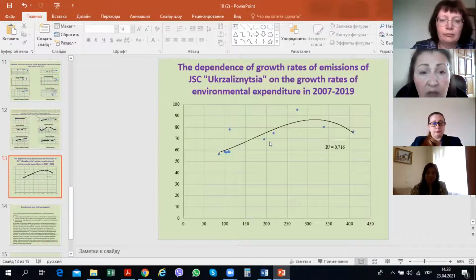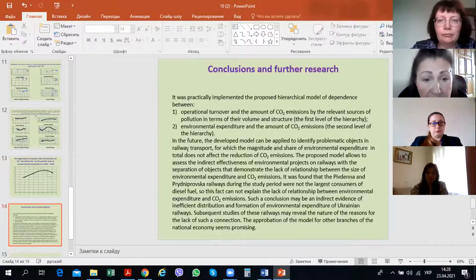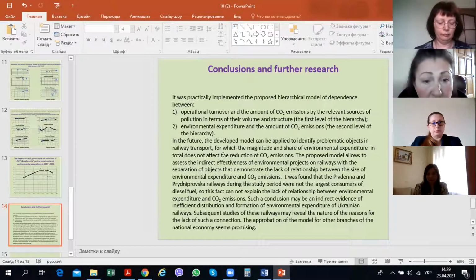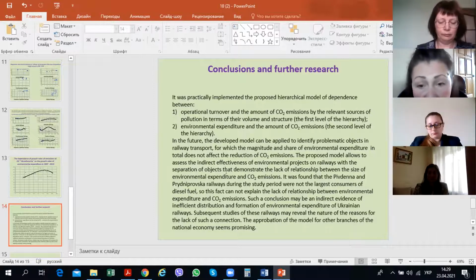According to our calculations, in the future the developed model can be applied to identify problematic objects in railway transport for which the magnitude of the share of environmental expenditure in the total does not affect the reduction of carbon dioxide emissions. The proposed model allows us to assess the indirect effectiveness of environmental projects on railways with the separation of objects that demonstrate a lack of relationship between the size of environmental expenditure and carbon dioxide emissions. It was found that the Pivdenna and Pridniprovska railways during the study